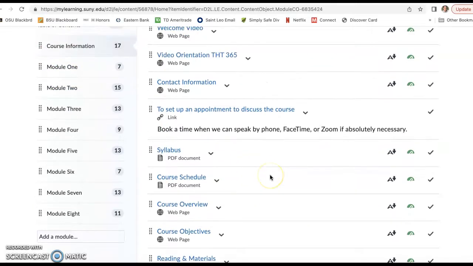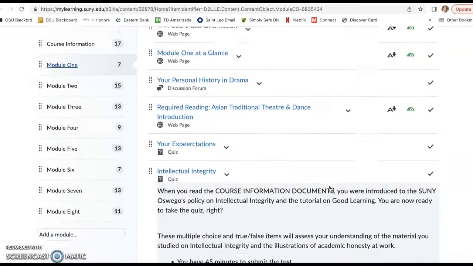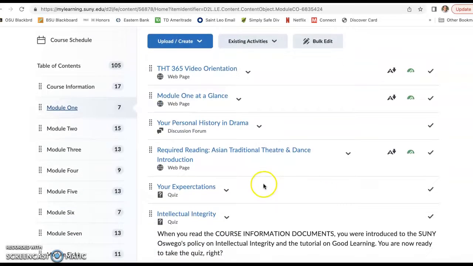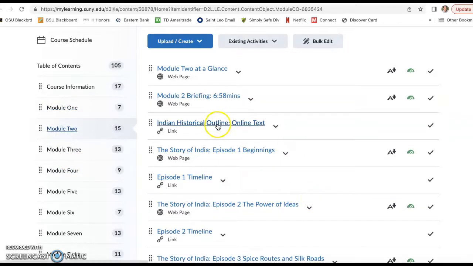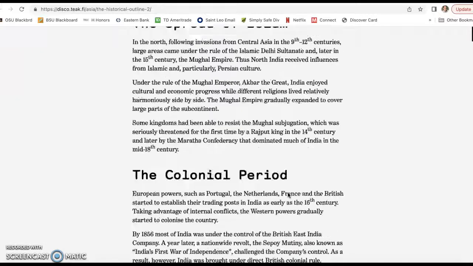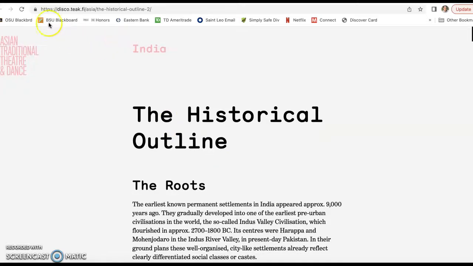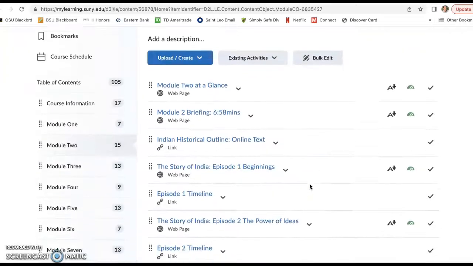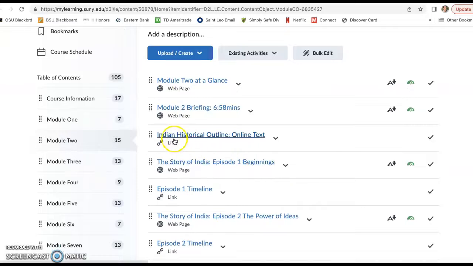Now, that said, in order to do that, it means that there are literally dozens and dozens of links built into this class. And that means that if you get to one of them and they are not working for some reason, let's go to a module. It's got a bunch of stuff here. If they're not working for some reason, it doesn't open. That's something you should notify me about, but it is not something that should stop your work. In other words, that's not an opportunity for you to stop working. What that is, is an opportunity to notify me about it, move on to something else,